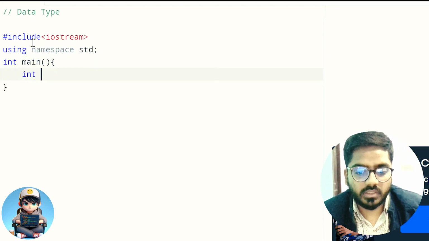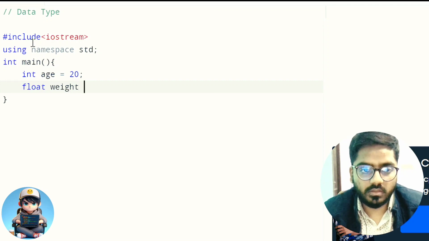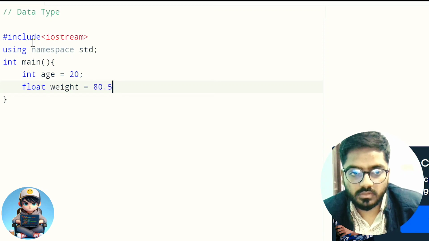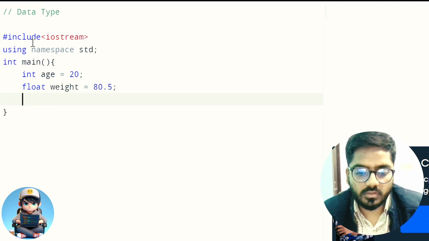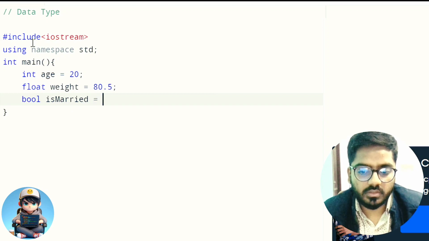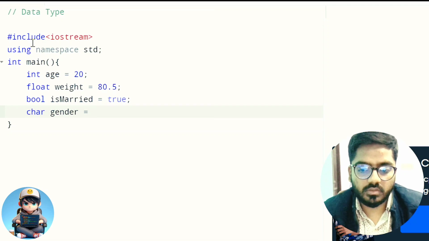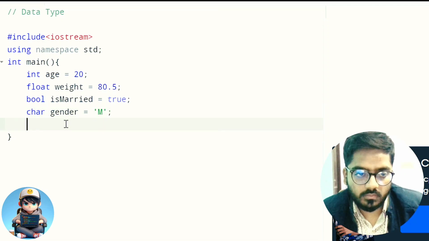So declare variables like int age is equal to 20, float weight is equal to 80.5, and now bool is married is equal to true, char gender is equal to 'm', string name is equal to